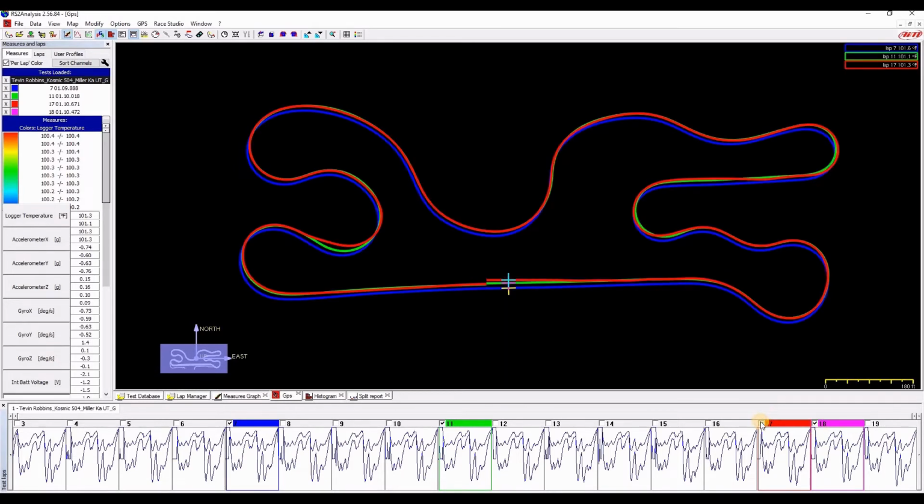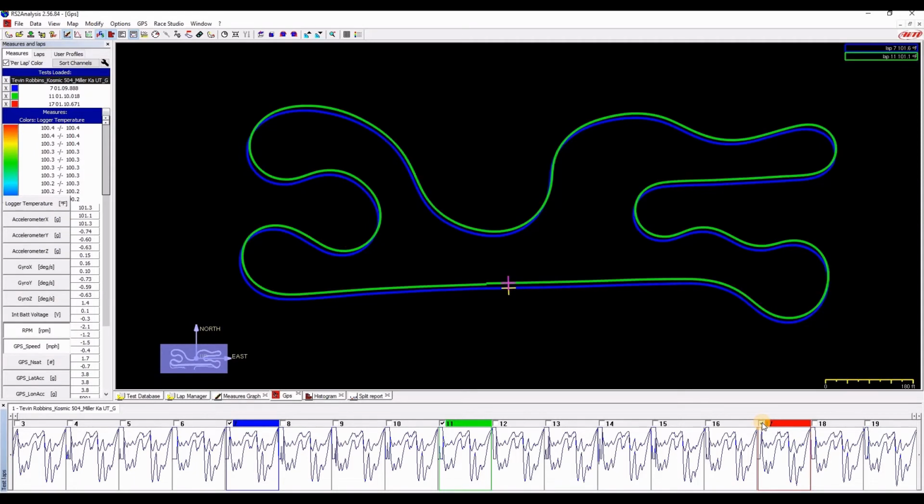Go ahead and remove those 2 laps. Another kind of cool feature that you can do with this view is up here at the top, we've got this data animation button. We can click that button, and we can actually see an animated view of our cart going around the track. Kind of gives you a visual representation of one lap versus the other,